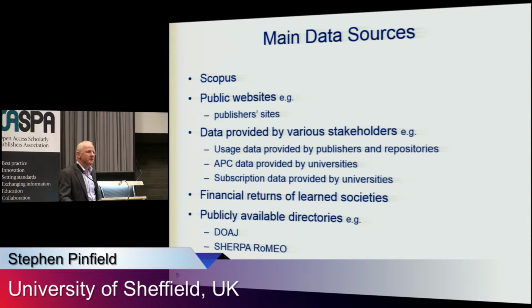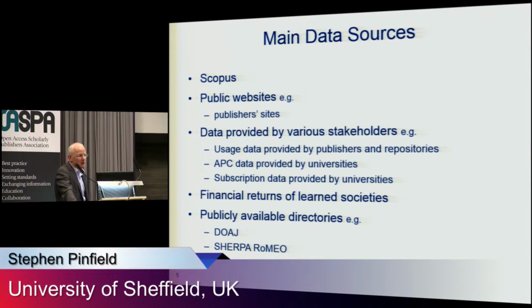We were using a number of different data sources to do this work. Scopus was a key data source with Elsevier research on board. That was inevitable, but it was also one that we used not just for working out the global and UK figures on accessibility, but we also used it as a target at times for comparing with other data sources. So, for instance, article processing charge data we got from institutions, we fired at Scopus to see what it looked like in terms of, say, subject distribution.